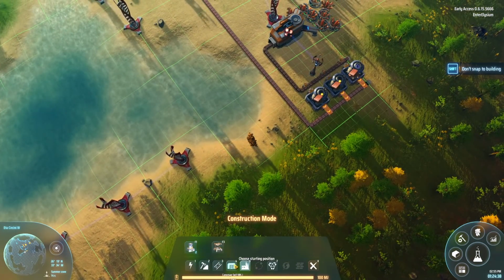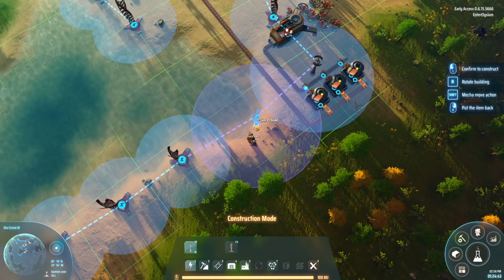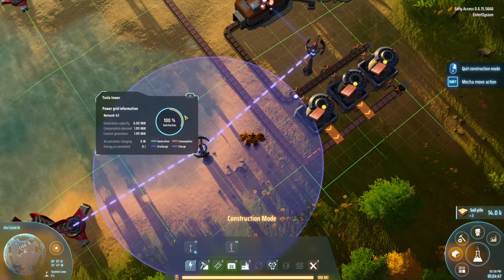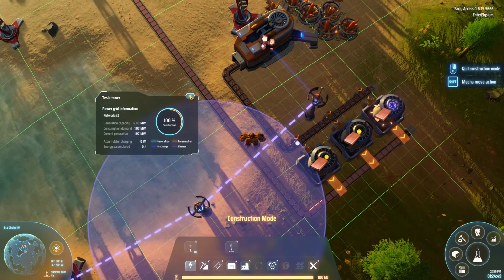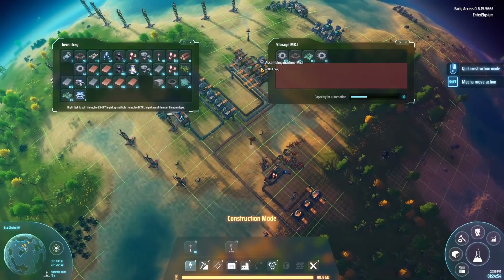Why am I looking at that? I need to be looking at power. And we'll link these up. Right. That should give us plenty of... Yeah. We're only just spiking to over 50% now. Right, and let's grab...